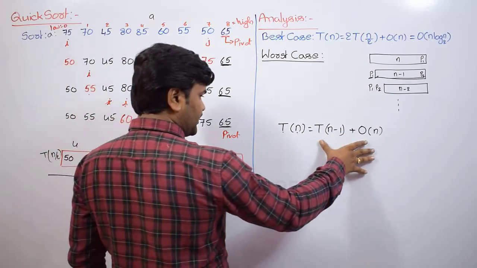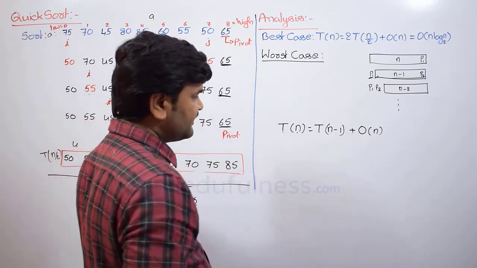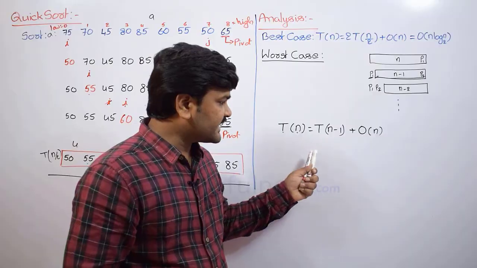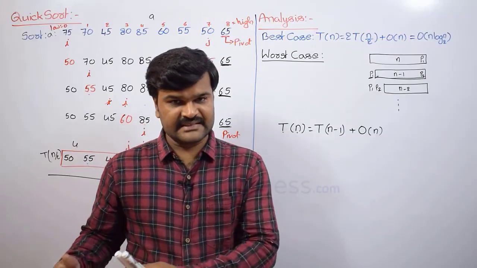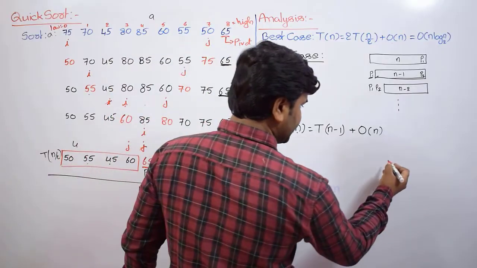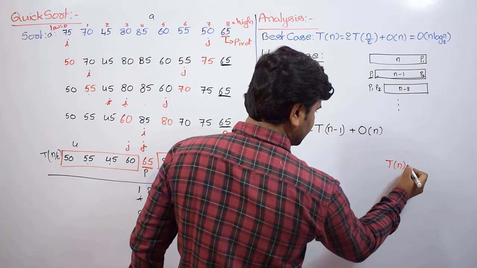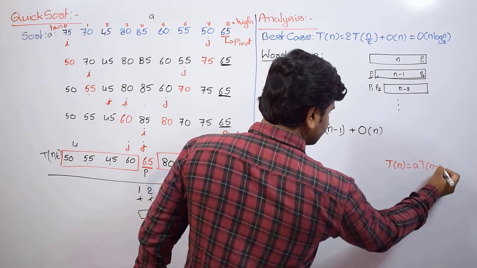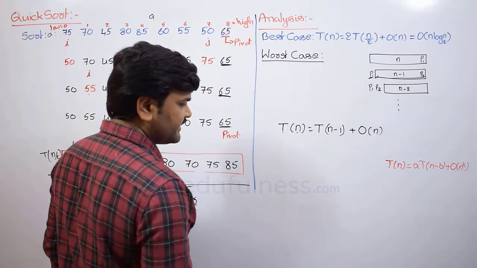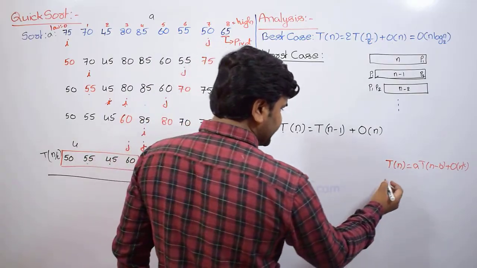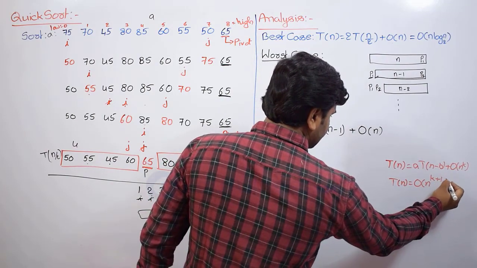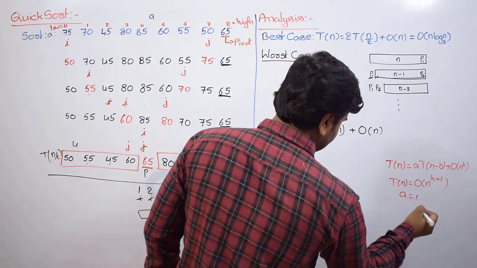If you try to solve this, what is going to happen? Even this kind of thing we already discussed. This is also a recursive equation. Whenever you have this kind of recursive equation, how to solve it we have already seen. Or otherwise let us take the formula directly. Whenever you have T of n equal to A into T of n minus B plus big O of n power k, in this format, we are going to have the time complexity big O of n power k plus 1, if A equal to 1.